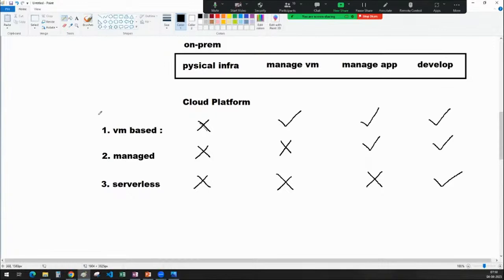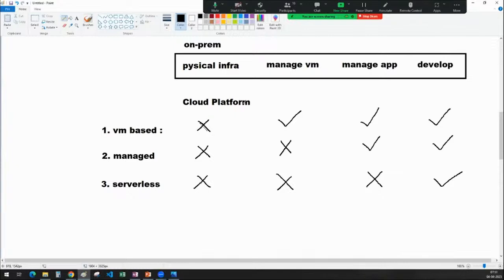But if you wanted to have a very heavy machine with large properties, you can select it. The management of the virtual physical infrastructure will be taken care of by the cloud platform. How, sir? We are already seeing some data centers, right? Google has its Google data center, Amazon has its own, and that's where they are managing the physical infrastructure. Managing the virtual machine, managing the application, and developing an application will be on you when you go to the